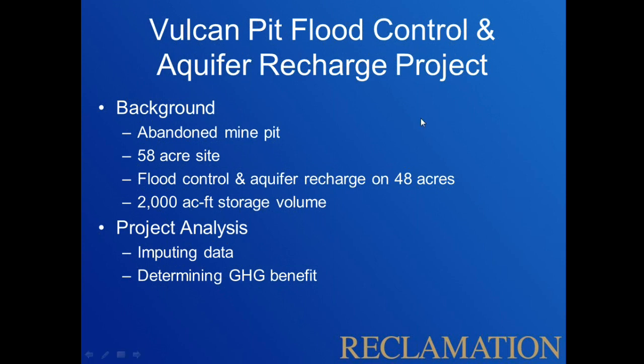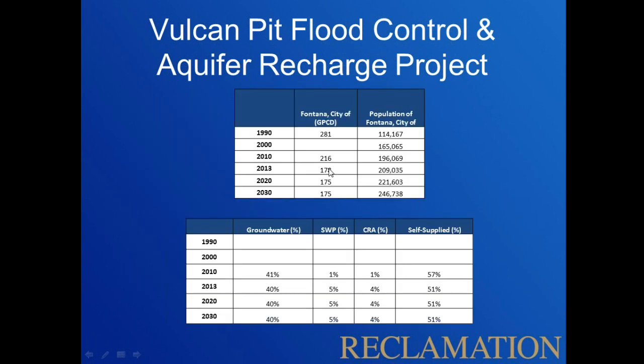So how that data was input, well, first off, I collected data on the site. And I'm going to actually thank Rick from SAPA. He collected data for me on the site. And so this is the site data that I was provided. The gallons per capita per day use for Fontana City, which is the population area that's going to be affected by the project. The population of the area, the water supply portfolio, which you can see here.